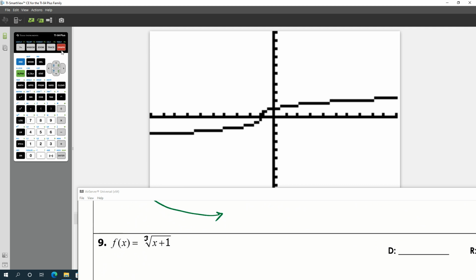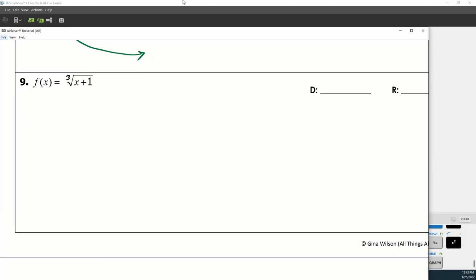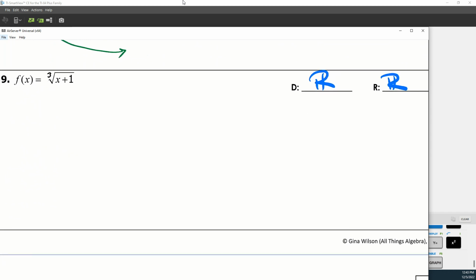All right, and this is a graph that looks like a snake. And it's going to keep going forever to the left and right and up and down. So anytime you're asked to find the domain of a cube root, it's all real numbers, and so is the range. So you technically don't have to graph those if you don't want to. But I do want you to be able to match a cube root graph on your test on Wednesday. All right, so your assignment is a